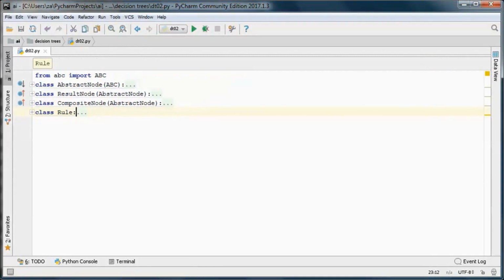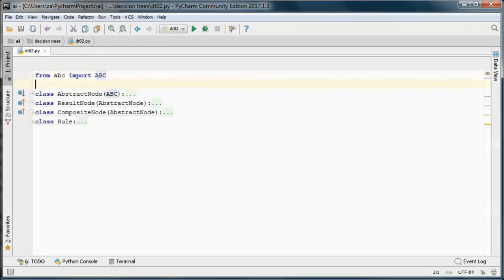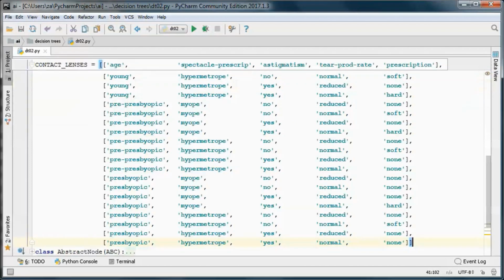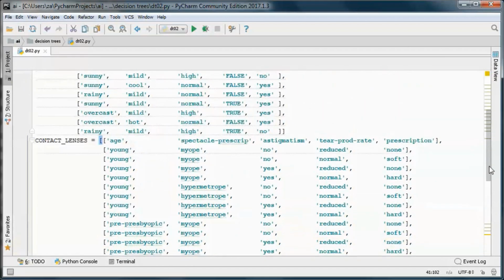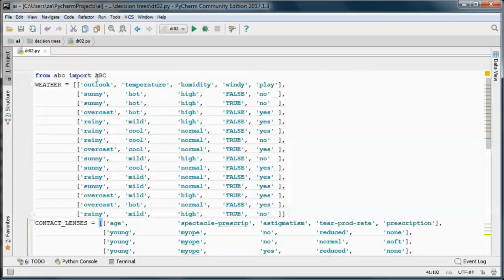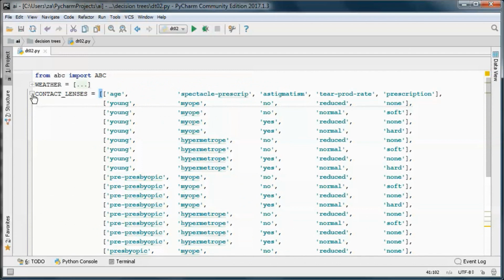And we will be using those two datasets. So the weather dataset and the contact lenses one.